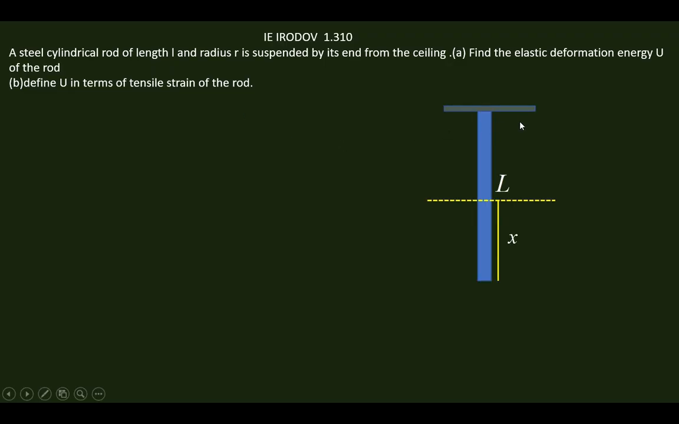So a rod is suspended from the ceiling. Its length is L, radius is R. Consider a section at a distance x from the free end. At this section, the force acting between these two parts will be equal to the weight of the lower hanging part of the rod. If you consider this part of the rod,